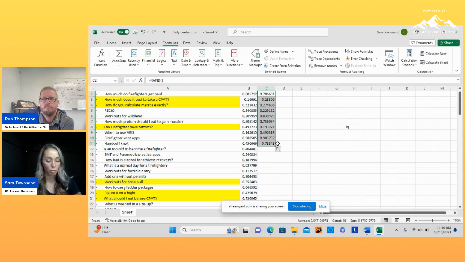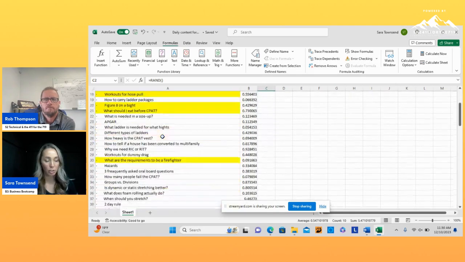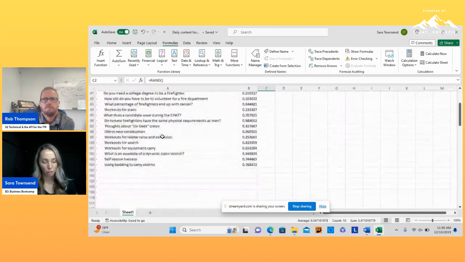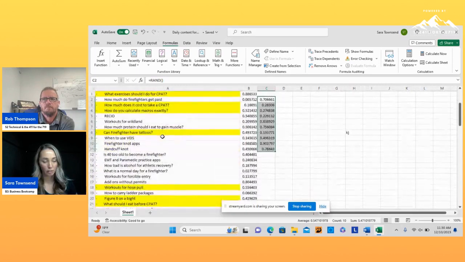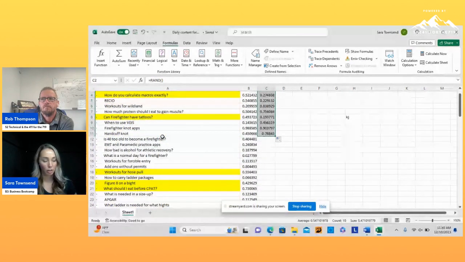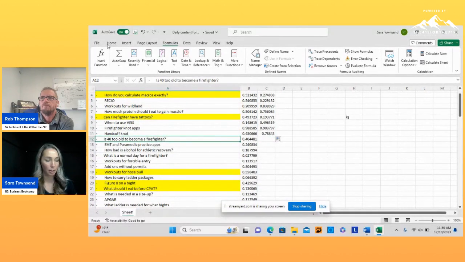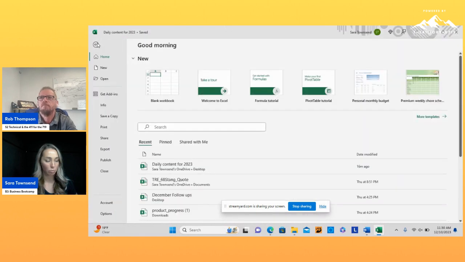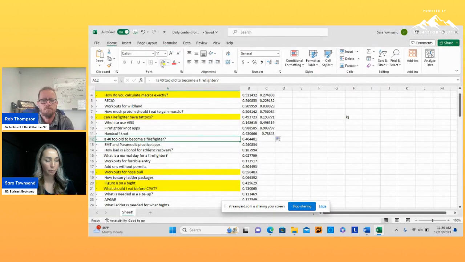Now, as I do them throughout time, you can see I highlight them in yellow. This one is an old one, so I haven't done all of these obviously, but as I do them, I usually click on them and then I'll highlight them as a yellow function. And that tells me that they've been completed. So that's my year's worth of content right there.